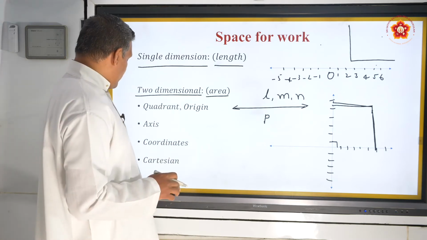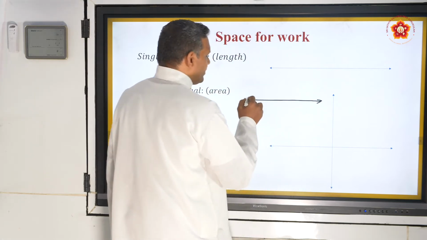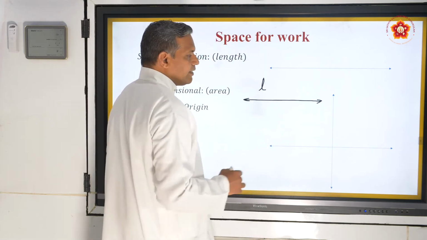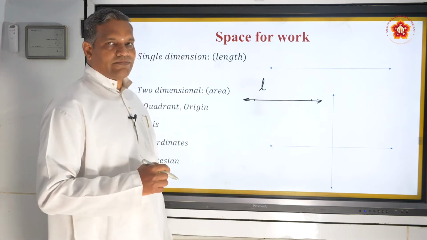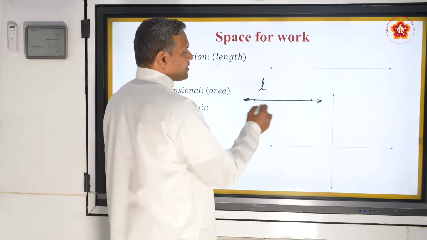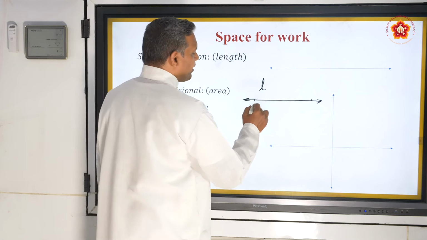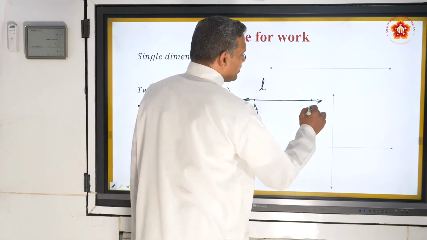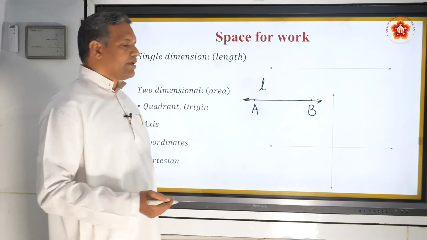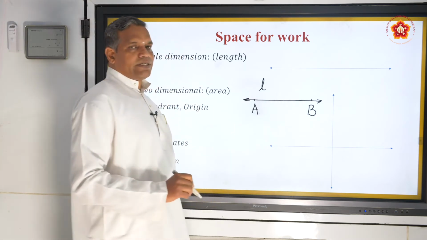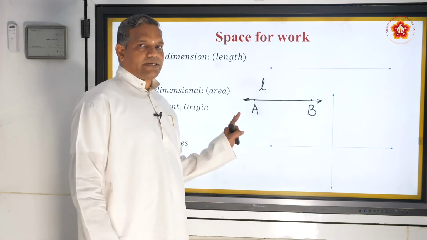And by chance, if I am supposed to represent a point, for example, I have got a line, this line's name is line L, and I need to represent 2 points. Tell me what is the name? A, B I have to name. I should never represent a point with a small letter, I should always use a capital letter. So here goes my A, here goes my B. It need not be B, it can be PQ, it can be ST, it can be any alphabet. But the moment you are touching a point in geometry, any part of math, a point is always represented by a capital letter.